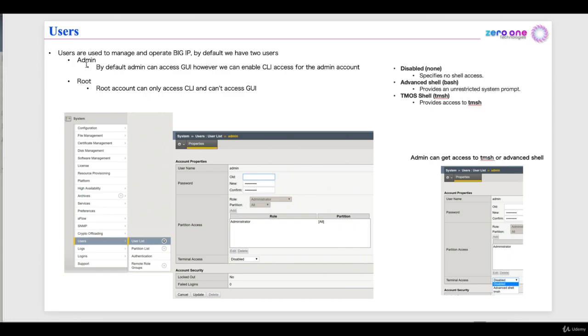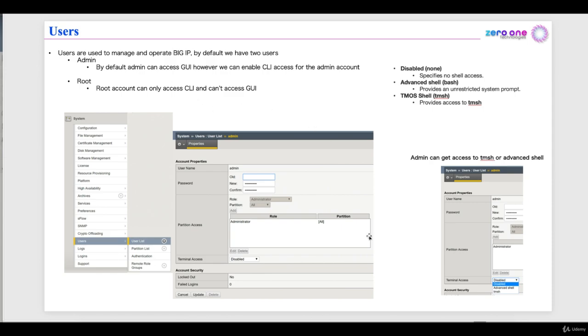Now we could use admin for the CLI because we can enable SSH access for the admin. By default it's not enabled, but we can enable it. However, root is only a command line username. We cannot enable GUI access to the root, and root exists only in the